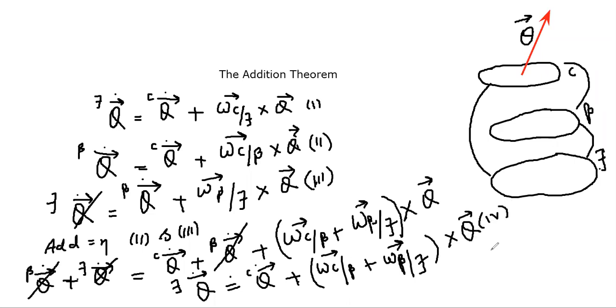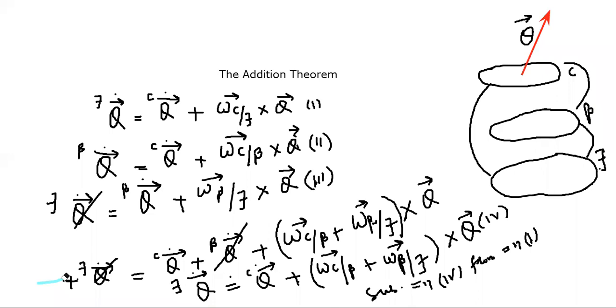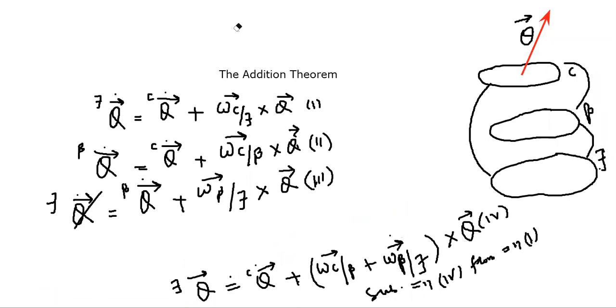Okay, so what we will do now, we'll subtract equation 4 from equation 1. Okay, let's subtract these two equations. This equation we have to subtract from this equation. As we subtract the two equations, this and this will cancel, this and this will cancel. So we are subtracting 4 from 1, so we'll be having the angular velocity of c